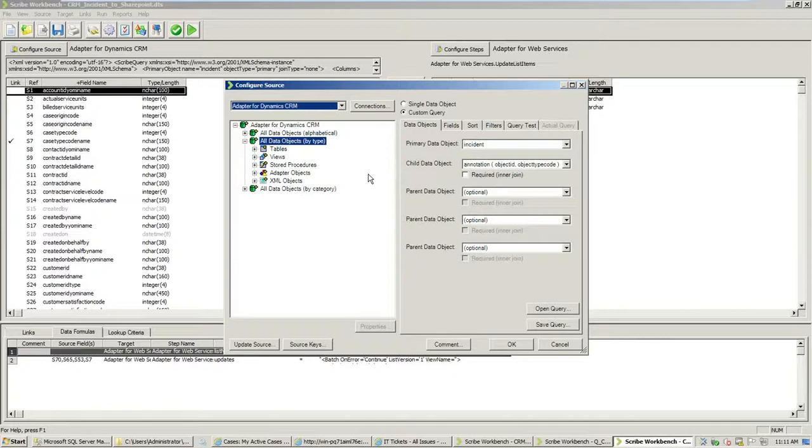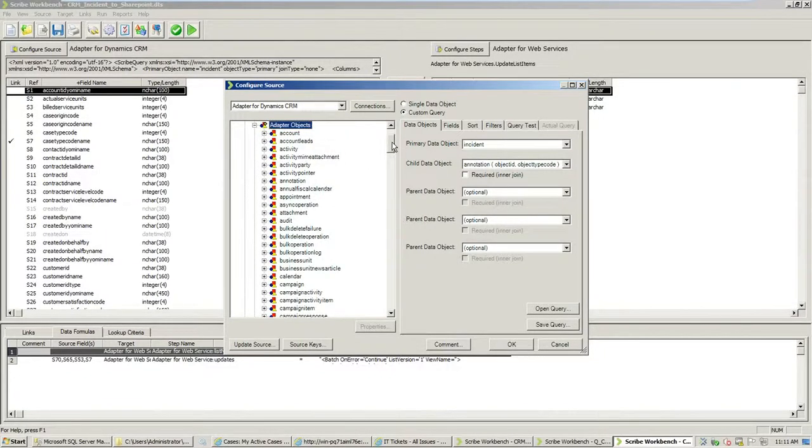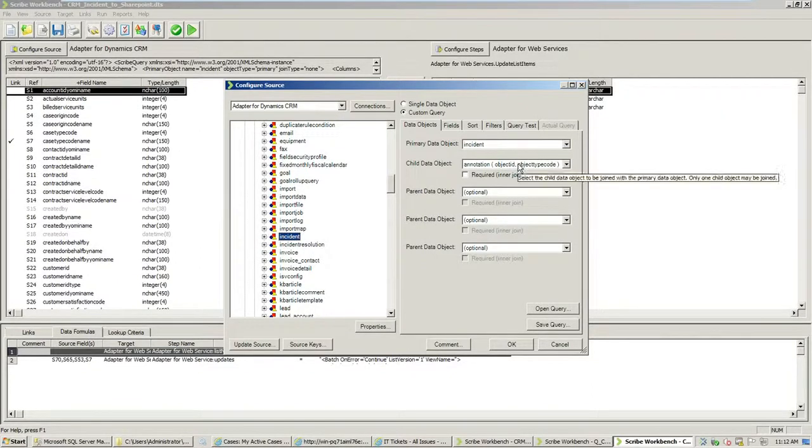Scribe has a schedule here. And so as we pull the data out of Dynamics CRM, our adapter shows us all the objects that are part of the CRM object model, basically. And so we're working specifically here with the incident object itself. And then we're also pulling in the child object of annotations, which would be any sort of attachments